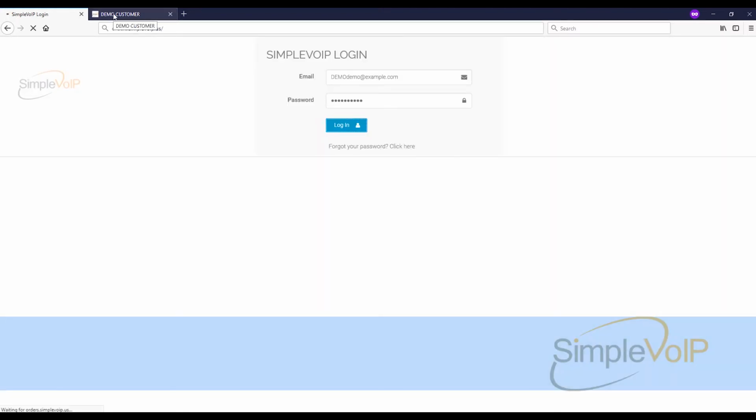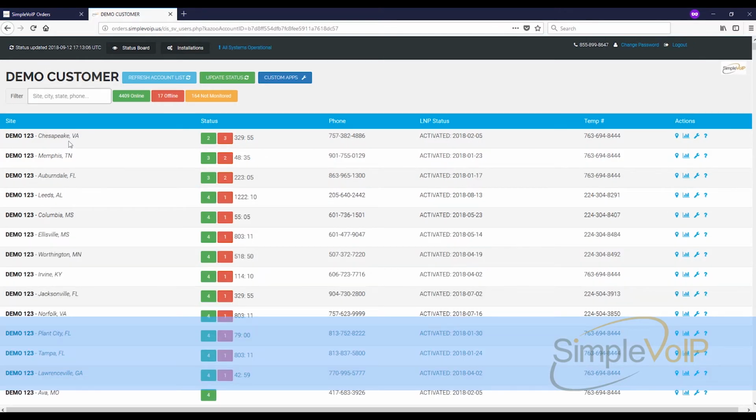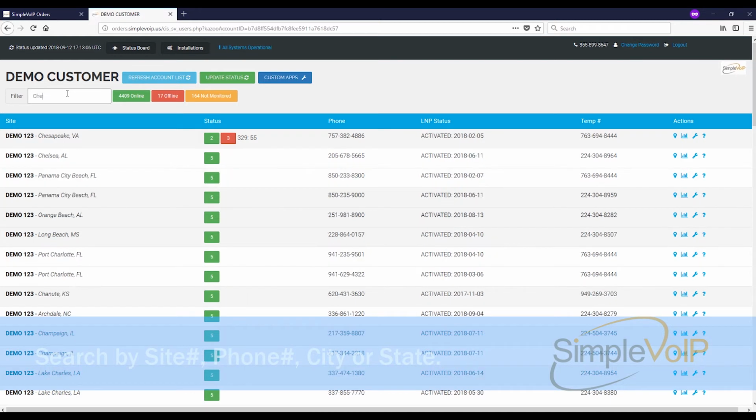Once you're logged in, you'll be presented with a list of all the phones you have on our service. You'll be able to see all the phones that are up, which are all phones that are able to register to our service and make and receive calls. You'll also see any down phones that are not able to do that. You can search and filter sites via the site number, a city and state,